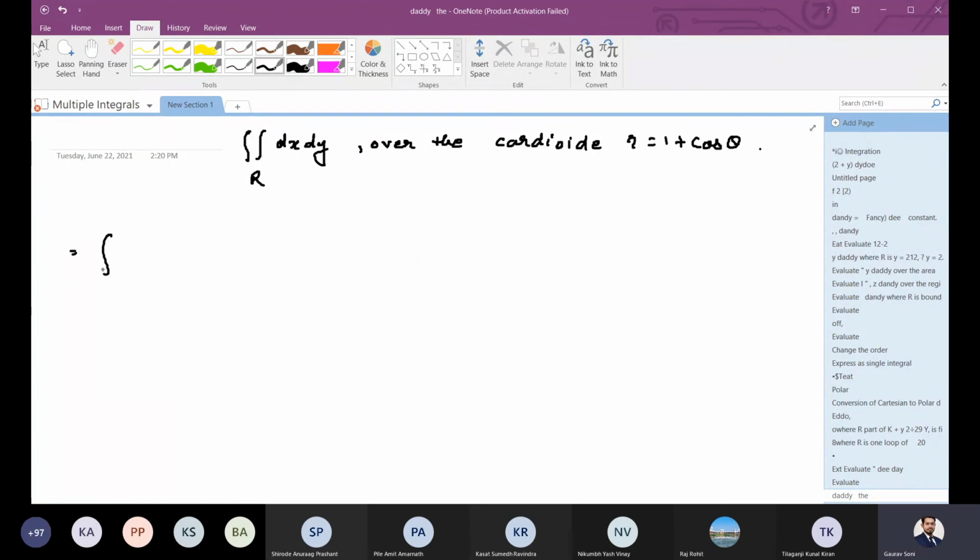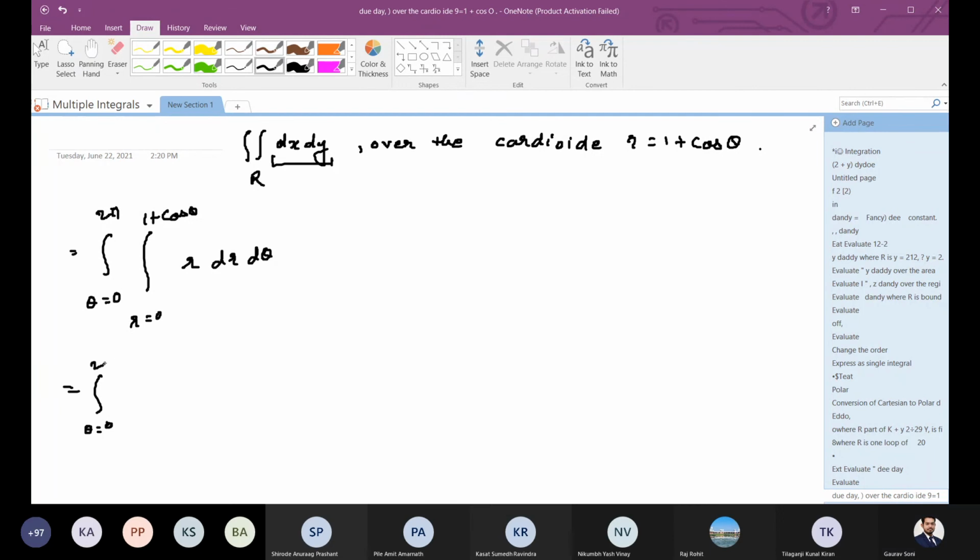So for the cardioid we have already studied, theta is running from 0 to 2 pi, r is running from 0 to the edge of the cardioid, 1 plus cos theta. dx dy, we know that when we convert to polar form, dx dy is replaced by r dr d theta. Now let's do the integration. Theta is running from 0 to 2 pi. Integration of r is r square by 2, 0 to 1 plus cos theta d theta. So this is 0 to 2 pi,